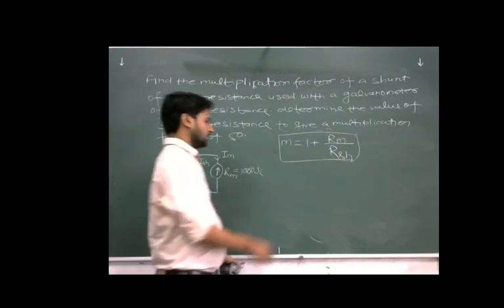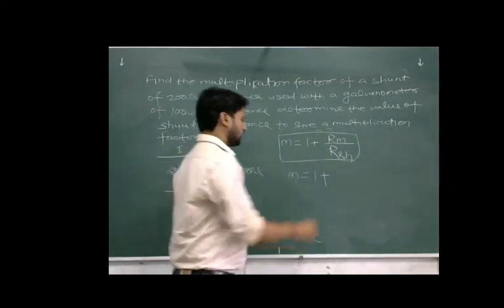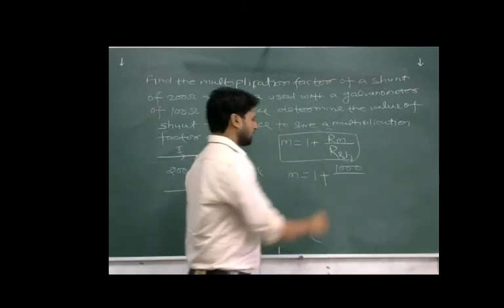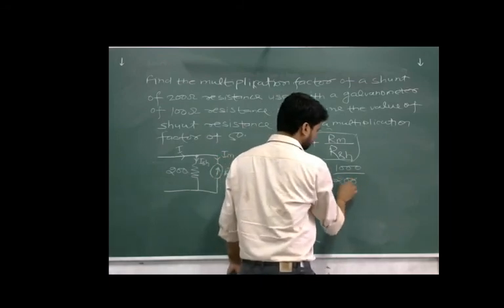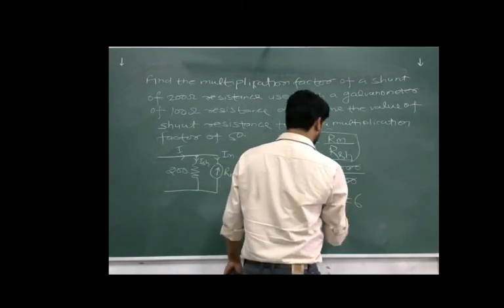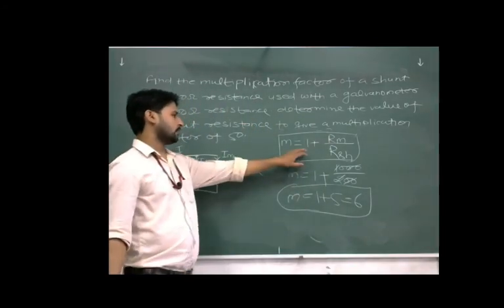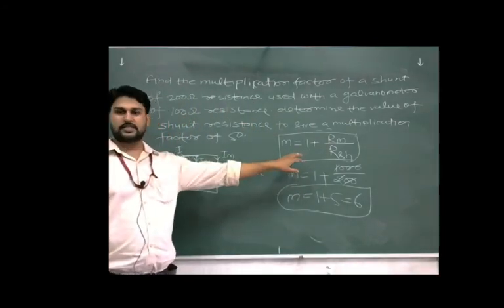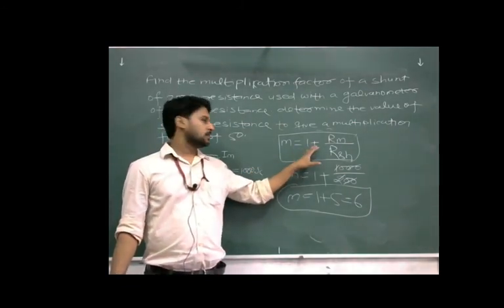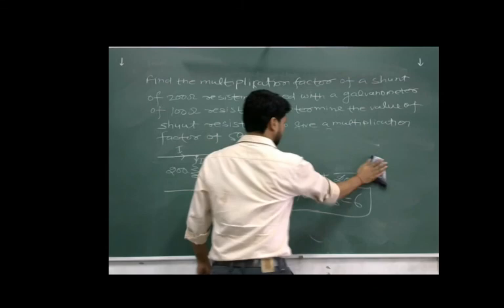So we can write that the multiplication factor is equal to 1 plus, the value of Rm is given as 1000 ohm and the value of RSH is given as 200 ohm, is equal to 1 plus 5 equal to 6. Again we will find the same value by using this formula directly. Even we do not have to draw this diagram to calculate the value of the multiplication factor if the formula is known to me. Another way, the second part of this question is saying that